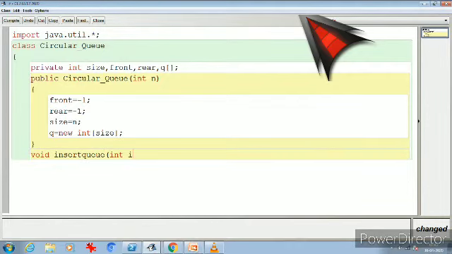The first condition: if a value is present at the front, similarly a value is present at the end, or the front has crossed by f plus plus and reaches the rear +1 position, we write queue overflow.